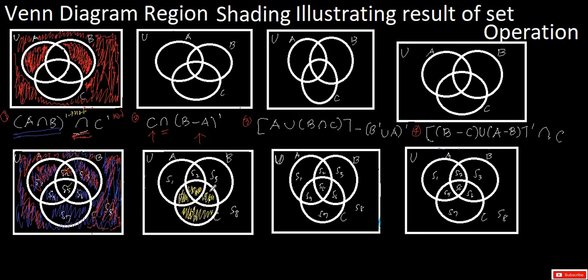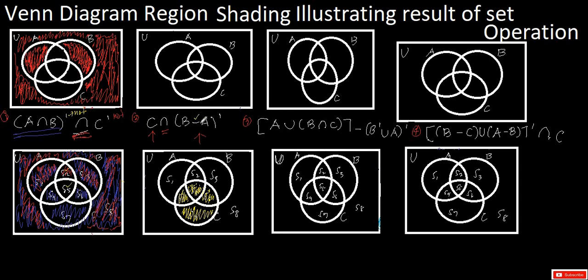So these regions are set C, in yellow. Now, here we're going to shade the result of the operation: the complement of the difference of B and set A. But since there are two operations here, we are going to perform first the difference. So the technique here,